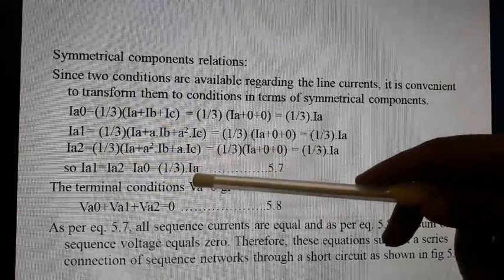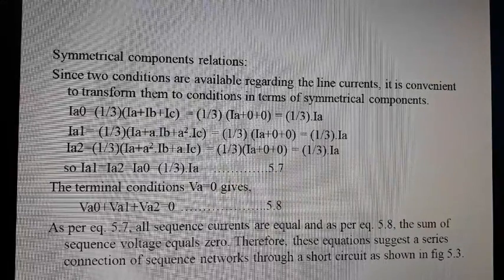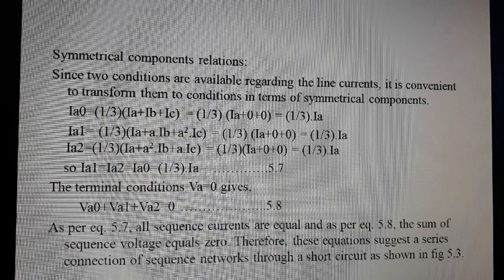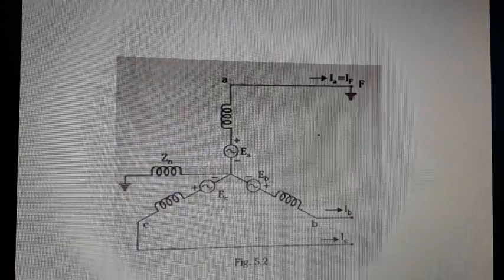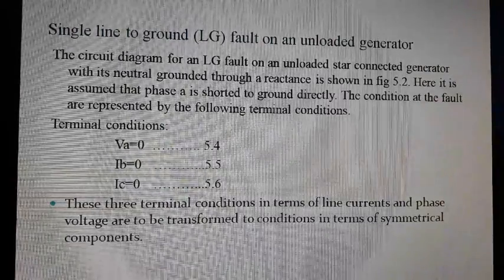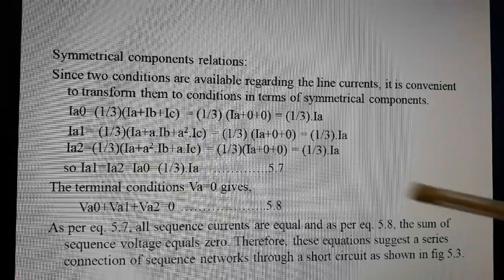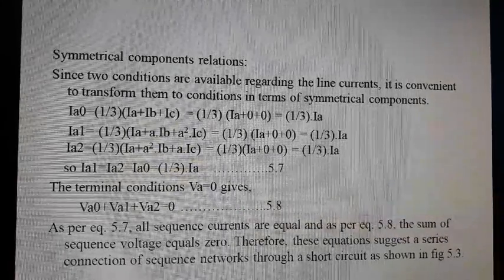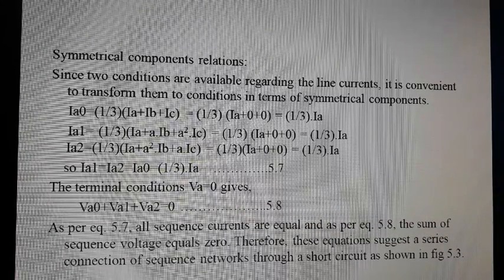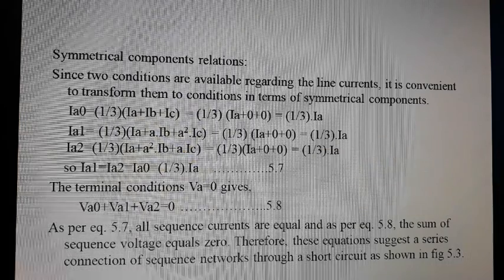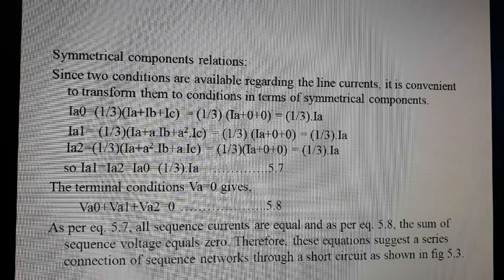IA1 is equal to IA2 is equal to IA0, which is equal to 1 by 3 times IA. And the terminal conditions: VA is equal to 0. So, one of the terminal conditions is VA equals 0. It also indicates that VA0 plus VA2 plus VA1 is equal to 0. So, this also implies...